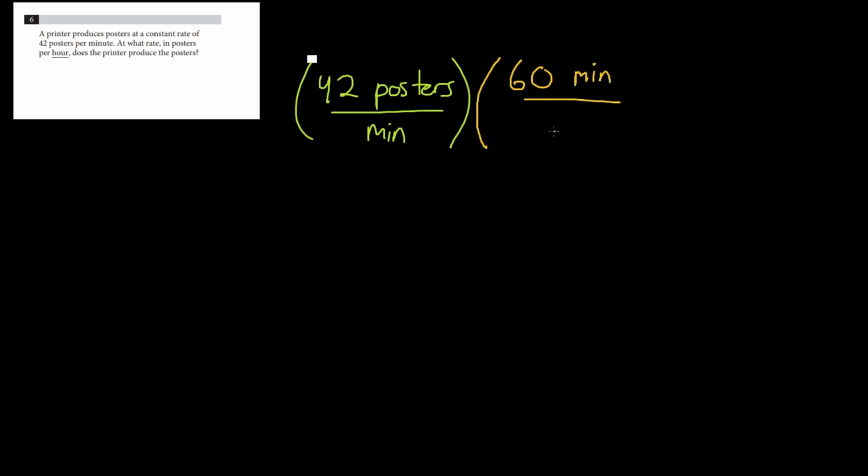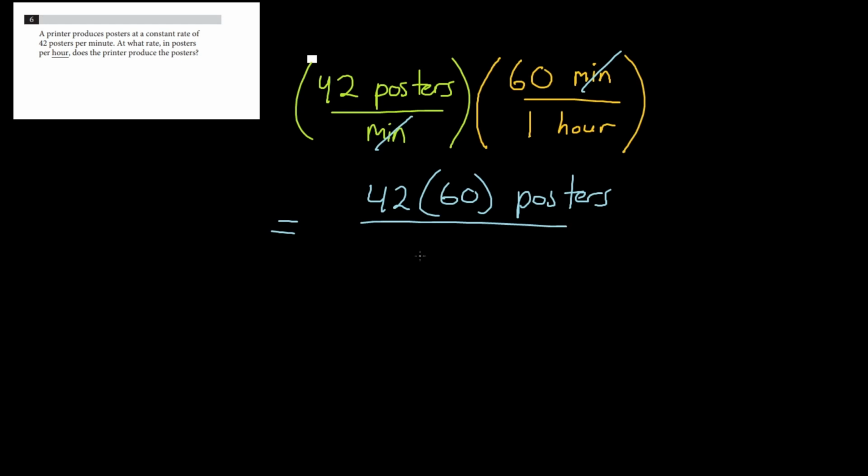So we have 60 minutes in 1 hour. When we multiply this out, our minutes are going to cancel, and we are left with 42 times 60 posters over 1 hour, which is equal to 42 times 6, and then we can just add a 0. So 2 times 6 is 12, carry the 1, 4 times 6 is 24, plus 1 is 25, and then recall that 0 from earlier, so our answer is going to be